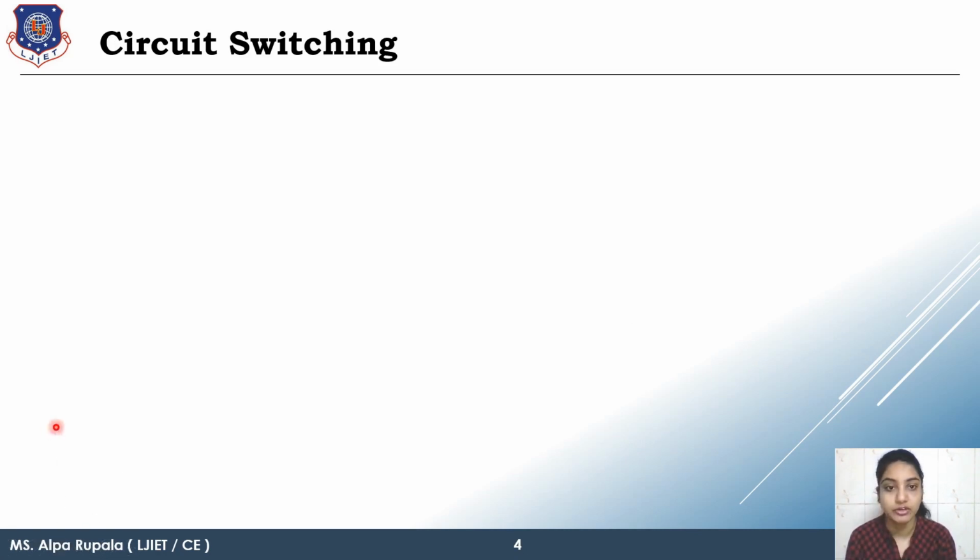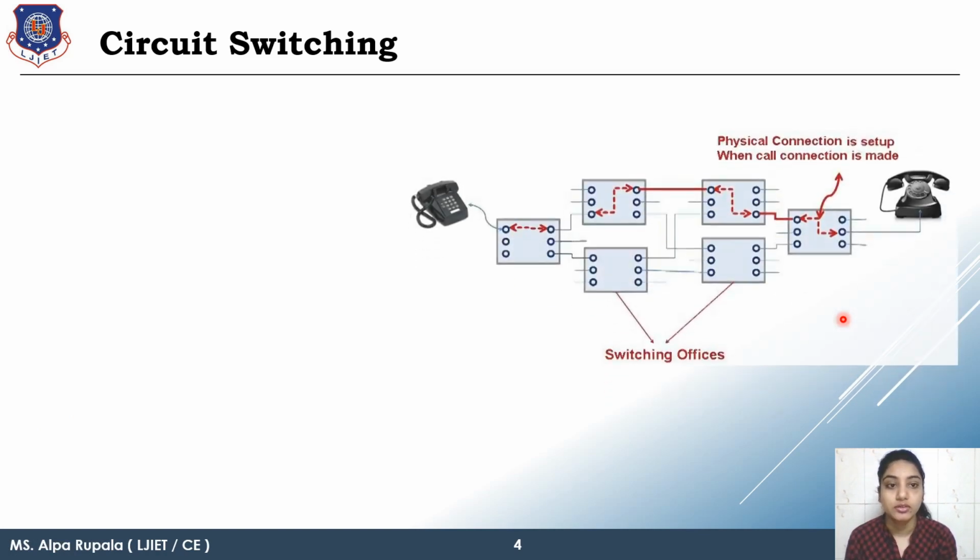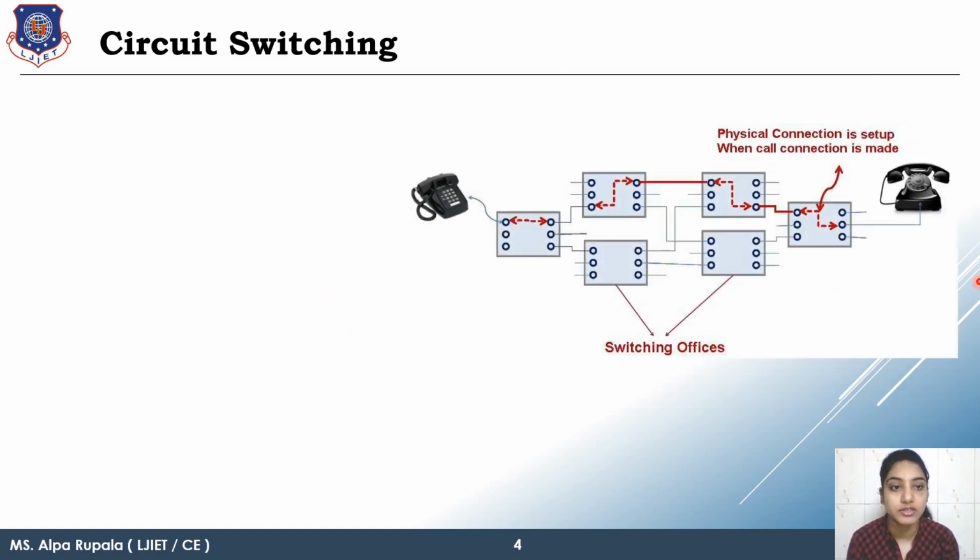Let me take my pointer first. So here is the diagram of circuit switching you are seeing, right? In which you have two telephones. First of all, I want to clarify that circuit switching is used for transfer of voice data on the telephone line. So you have two telephones, in which one is your caller and the second one is your receiver. When you are dialing your receiver's number, at that time circuit switching takes part,